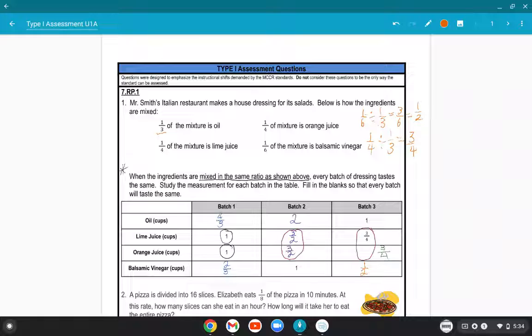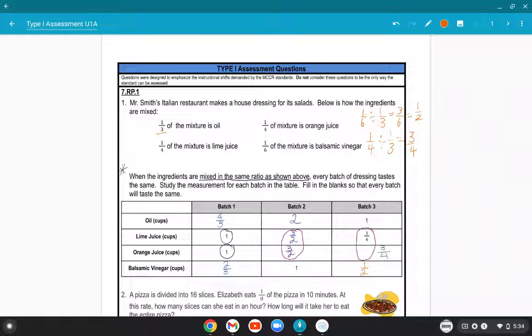These are the steps you need to go through. Again, I want you to understand that I added more to it because I was teaching it. When you solve, it's a little bit different. It's up to you to figure out what you need to solve this problem. You may have a different way to solve it that may go beyond what I do and may be more efficient for you. As long as you show the understanding that, okay, for the first batch, since the lime juice